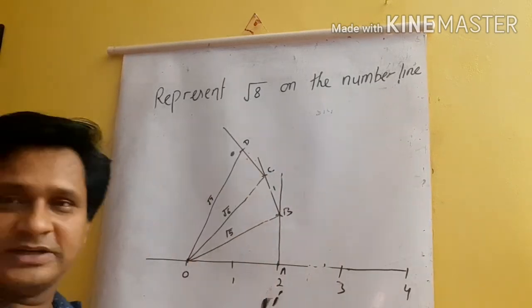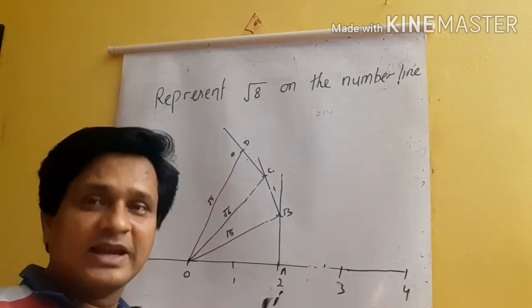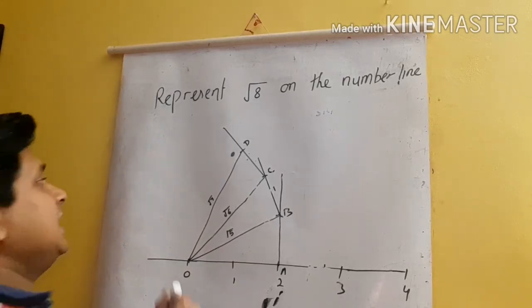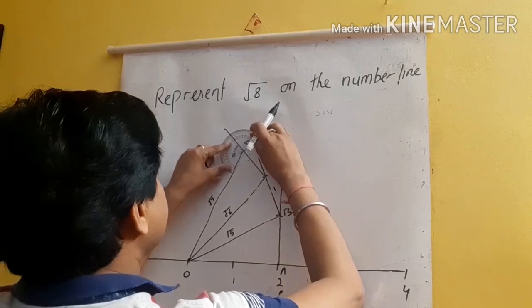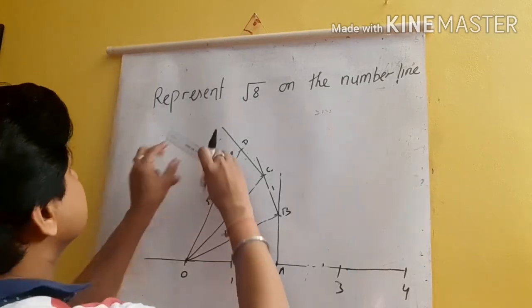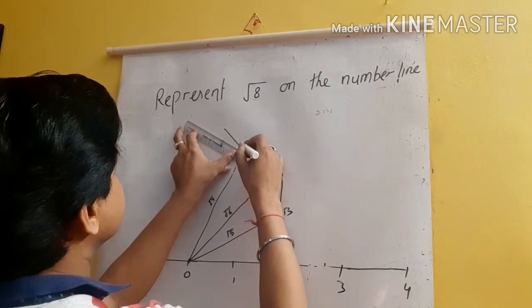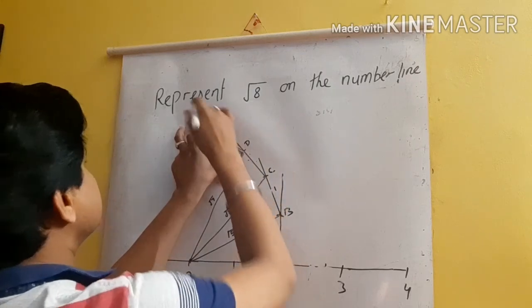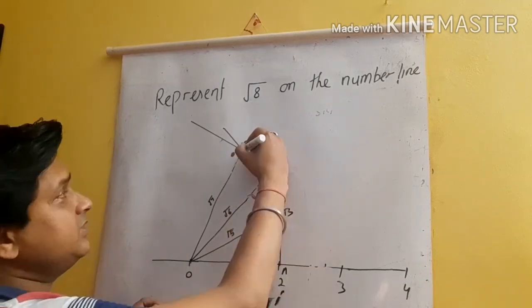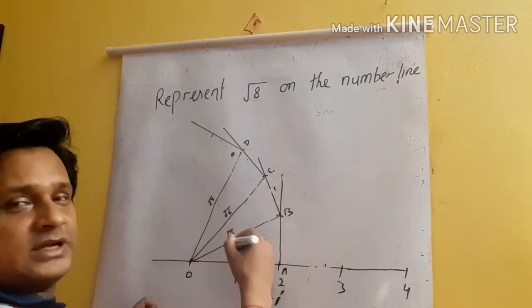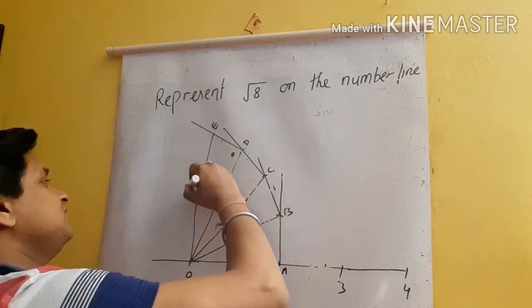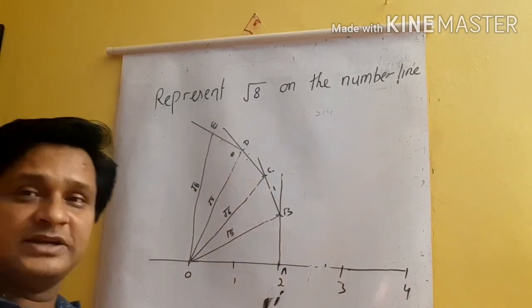Now we have to represent root 8. Now what I will do? Now OD will become the base and I will draw perpendicular line on OD. Now again I will do the same thing. I will measure 90 degree and this will be here. This way. Okay. Now you will measure this distance and you will cut from point D one arc and you will join this. Suppose this is intersecting at E. Now this will represent root 8, but we have to represent it on number line.